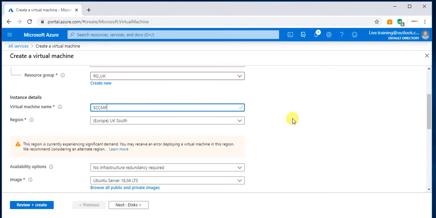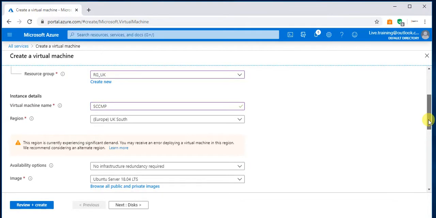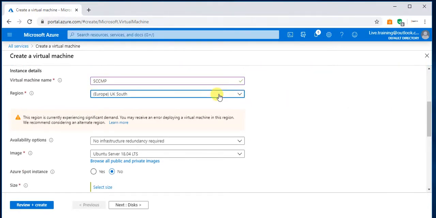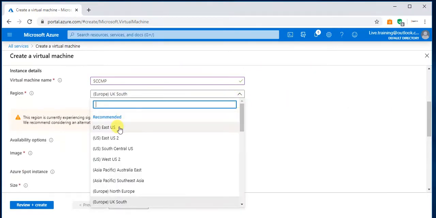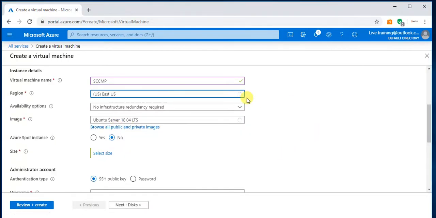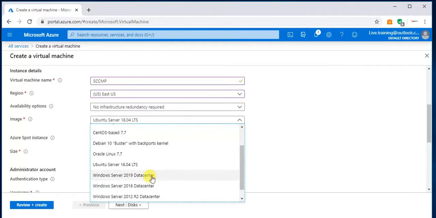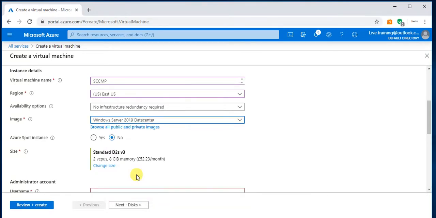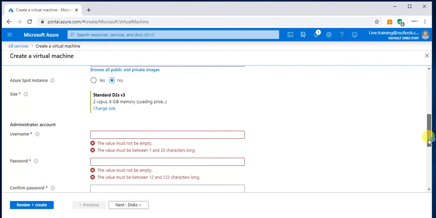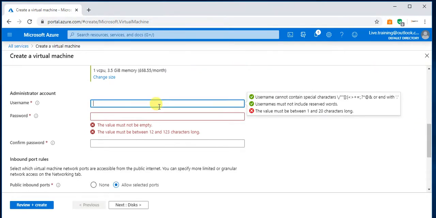Scroll down. Remember, we need to pick a region that will give us what we want. So East US. Our server, let's make it 2019. We could pick a 2016 Datacenter, but let's just continue by making a Windows Server 2019. We'll keep it on this for now. We'll change it if we need to cut down cost. Scroll down and let's enter